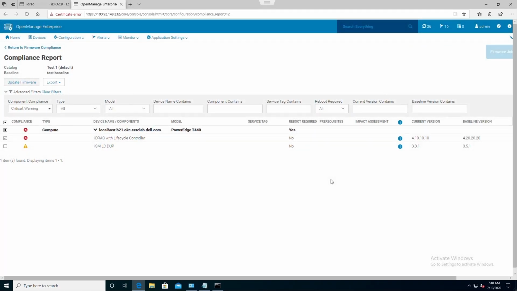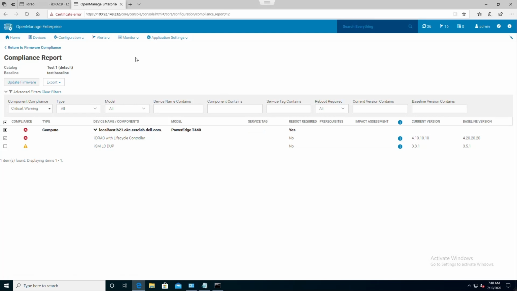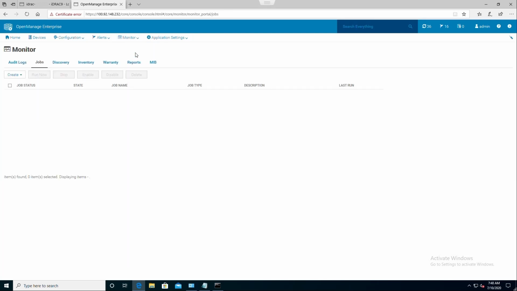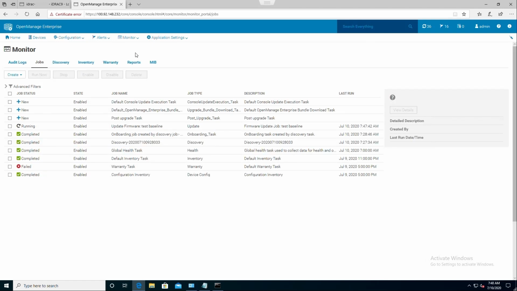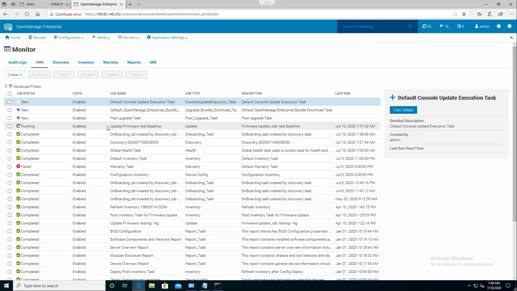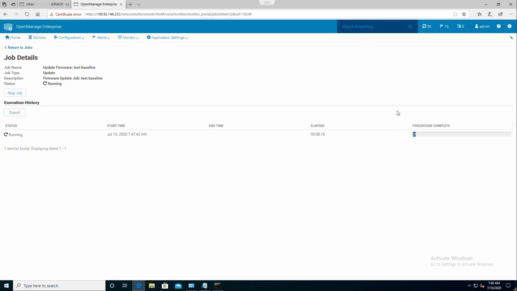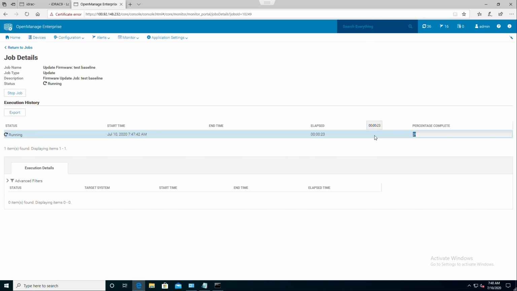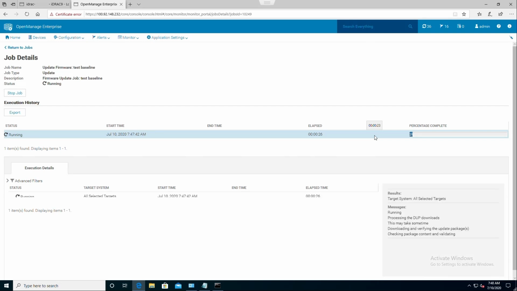To view the update, you can go to the Monitor section and click on Jobs. Here we see the running job. Select it. You can click View Details to get more info. Click on the running status, and now we see the details.